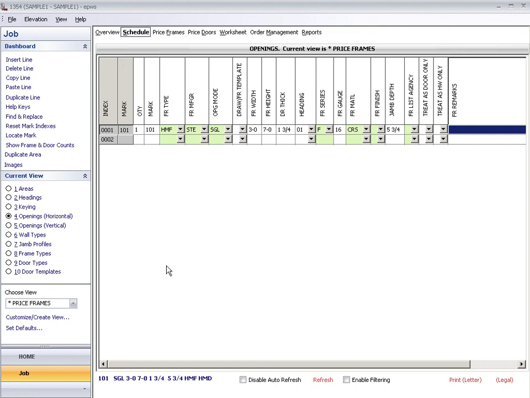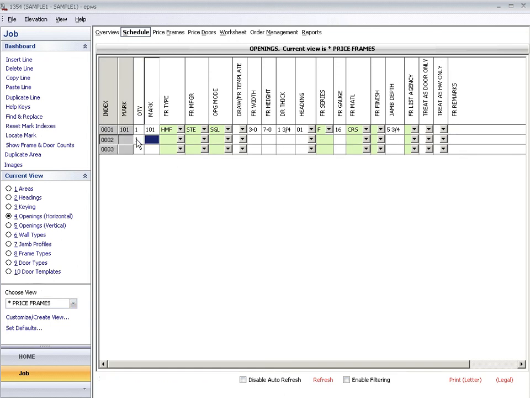In this exercise, we're going to create a frame elevation. Notice I switched my view back to schedule and my chosen view is price frames. So from this point, I'm going to create a brand new mark number. I'm going to go to the quantity field and key in 1, and this mark number is going to be